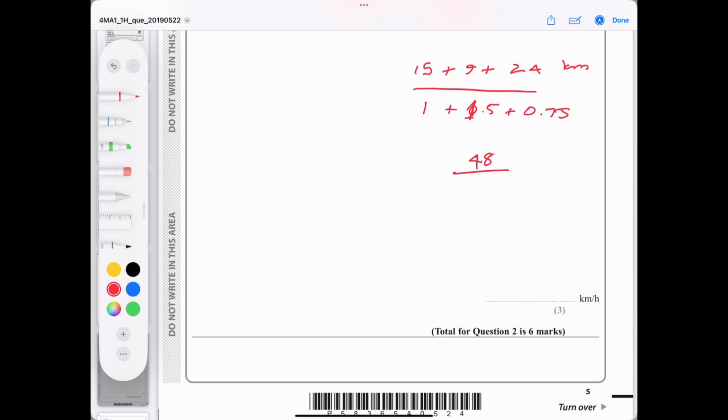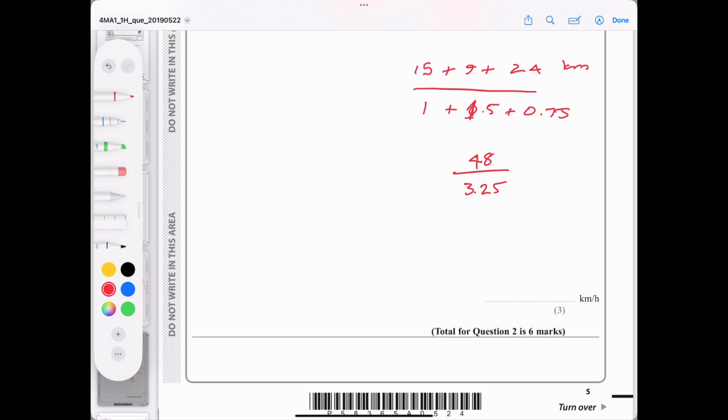And on the bottom we get 1, 2.5, 3.25. You can check these things on a calculator. And then this should be under 16 kilometres per hour. So let's do 48 divided by 3.25 equals,